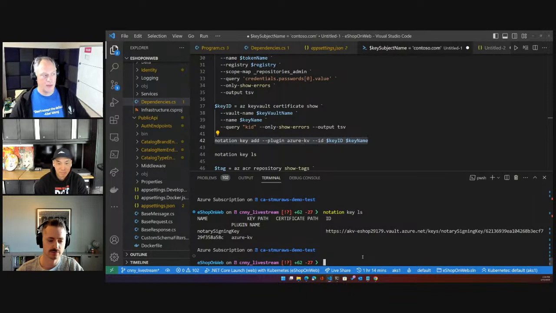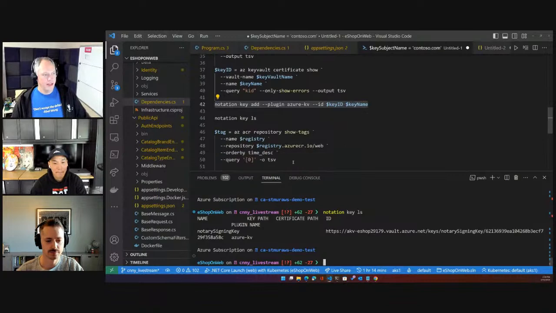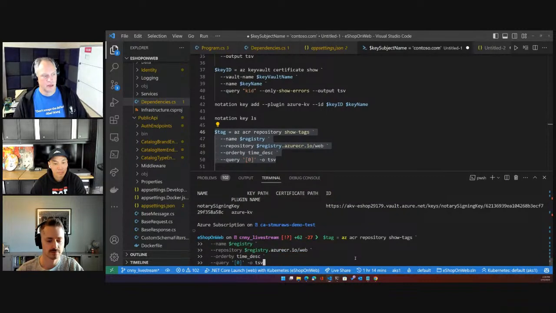Now we have a signing key. And now I need to know what my tag is, because my GitHub Action, my image, I'm going to,